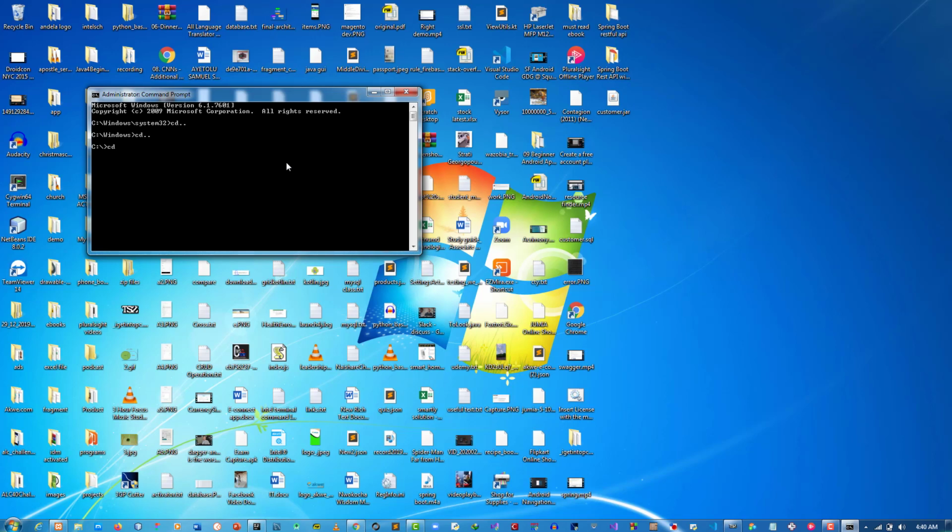So let's use this command: cd users/user/desktop